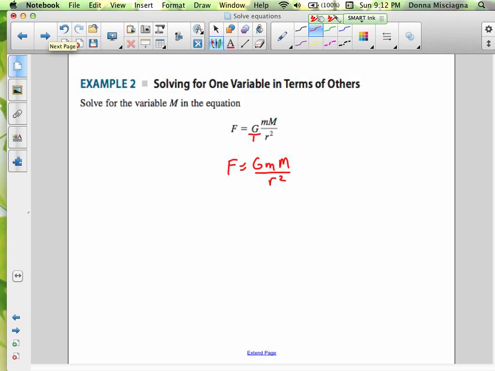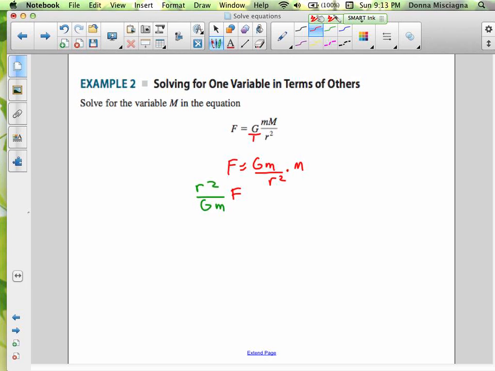Notice that that capital M, I'm going to write it actually like this, is multiplied by the fraction G times lowercase m divided by r squared. If we wanted to get M by itself, we could just multiply by the reciprocal of G times lowercase m divided by r squared. All right, so if we do it to one side, we have to do it to the other side. I'm going to color code this one. So I'm going to multiply this side by r squared divided by capital G times lowercase m